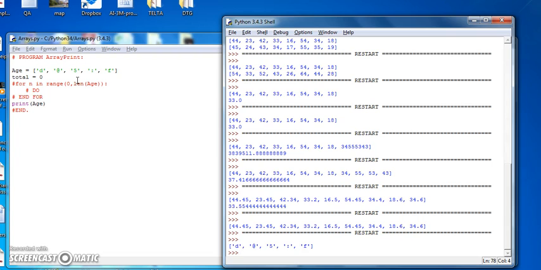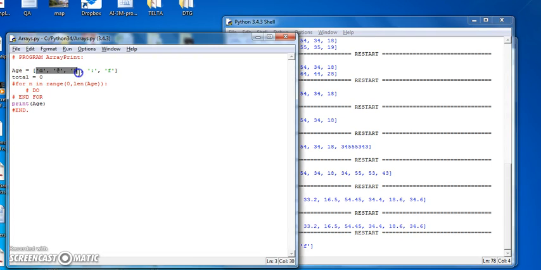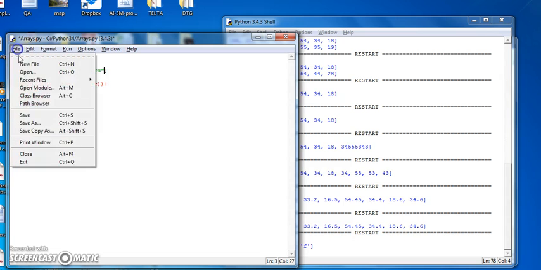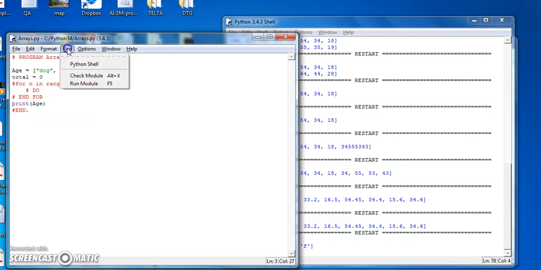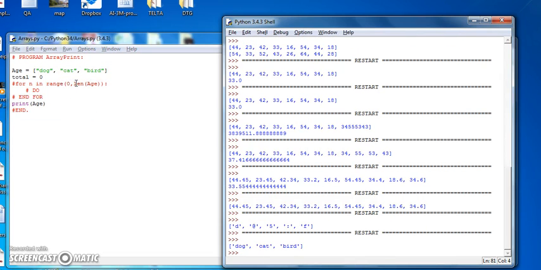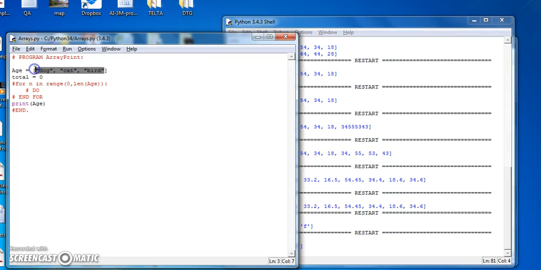And if we save and run that, we see that it's that collection of characters. We can also have an array of strings. Let's say dog, cat, bird. Perfect. And we can also have an array of booleans. So we could have true, true,